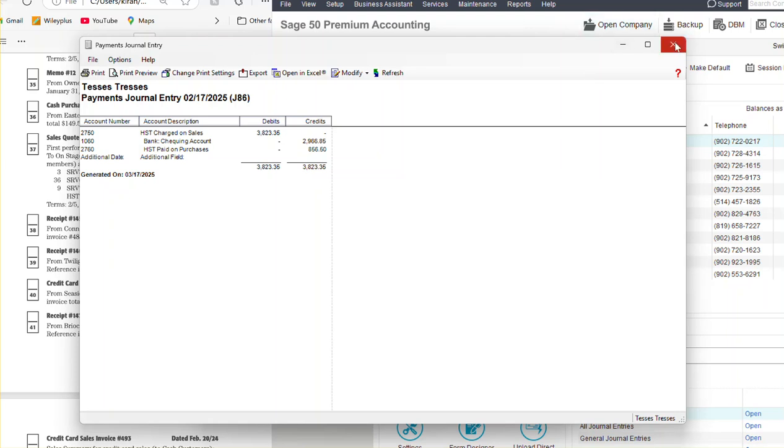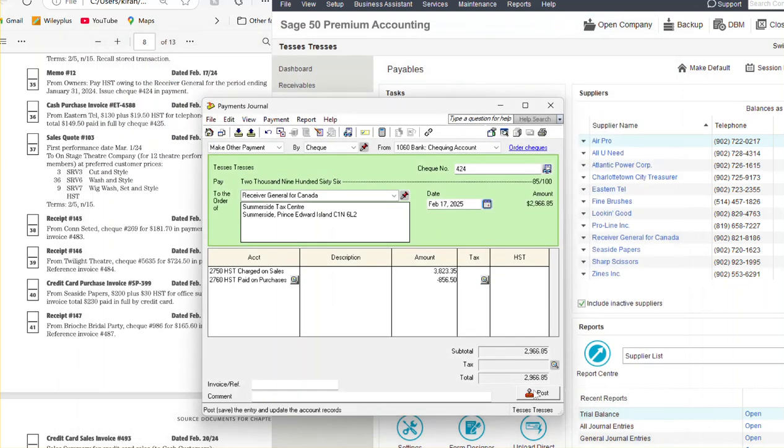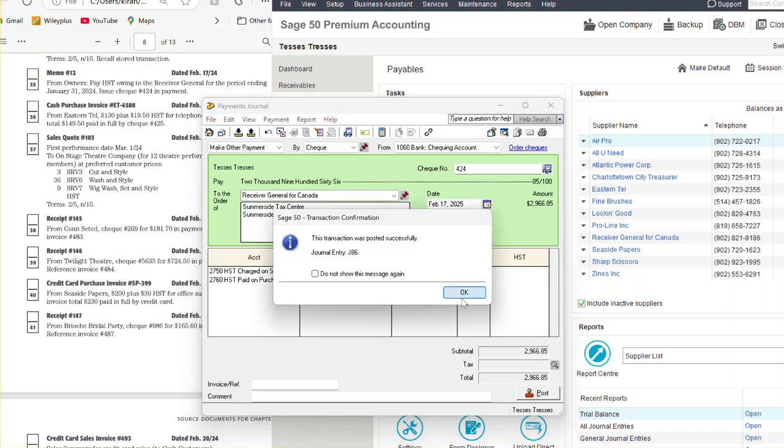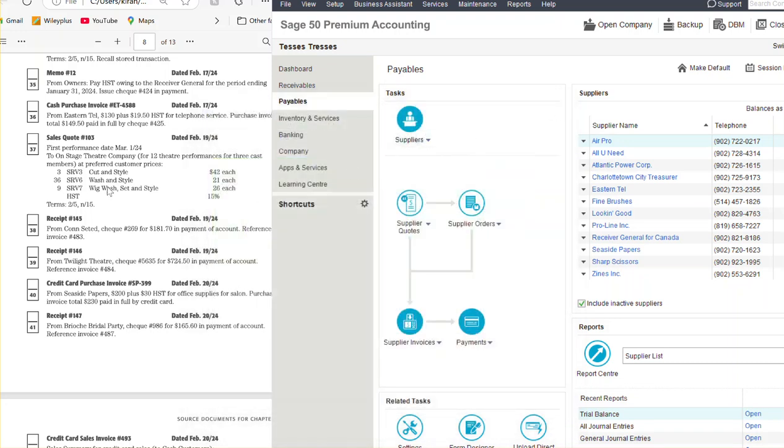I am going to close this, and I am going to post this transaction. We are good. This chapter, they're so long. I am going to go to my next one,